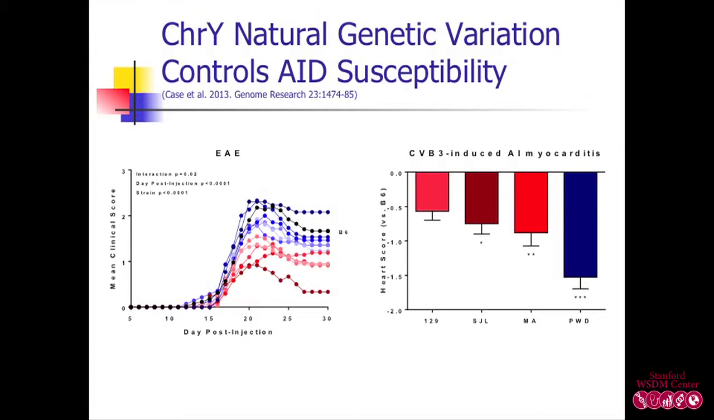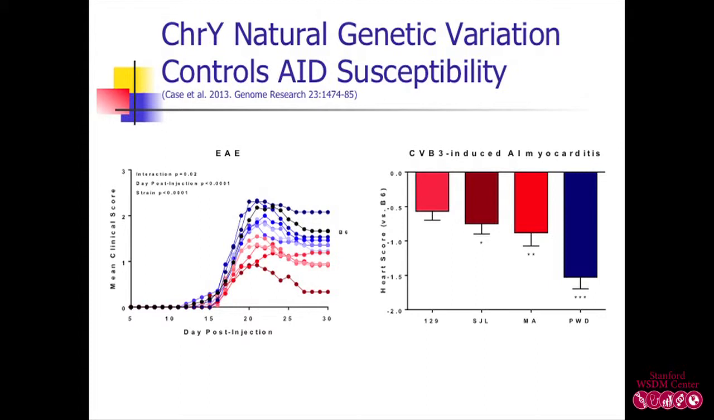And that manifest is classically known as quantitative or polygenic inheritance, in which just simply replacing the Y chromosome on these 57 black 6 males can take you from a relatively resistant strain to a more susceptible strain. And we also saw the same effect in autoimmune myocarditis, in which these are all relative to black 6,